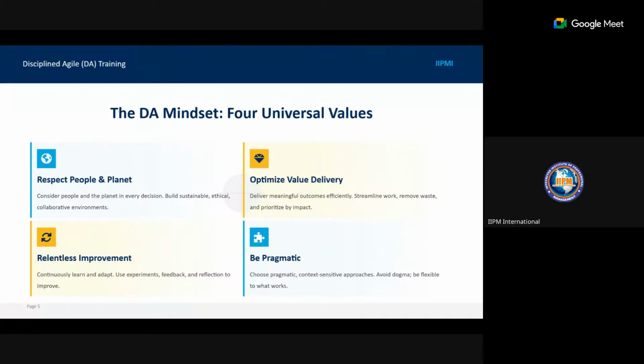Remember that in Agile, generally, we have 4 core values. In DA also, we have 4 universal values. Now, the first value is respect people and the planet. And that talks about respect and